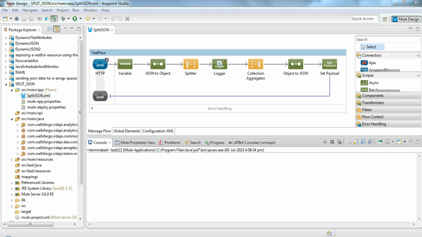So we'll start from where we left in the previous video. In the previous video, I showed you how to split a large payload, an XML, into smaller parts using the splitter. In this video, I will show you the same, but this time the payload will be of JSON type. I will be using the same splitter to split a large JSON payload